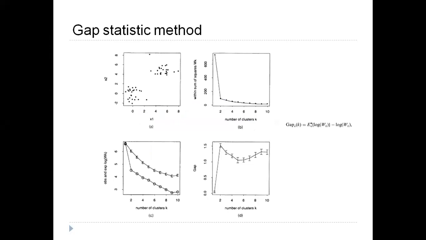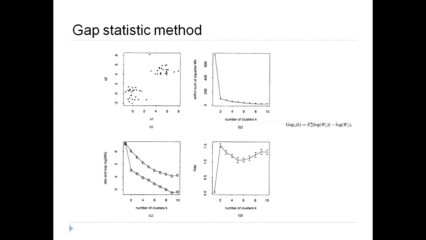As I told you before, this is based on the research work of a professor at Stanford University a decade back. How it works is you calculate the same within sum of squares. Remember that is our cost function, right? So here you'll be plotting within sum of squares and number of clusters the same way, and taking where the curve bends. According to the first method, the elbow method, you'll be taking k equal to 2. So let's see what happens in gap statistic.